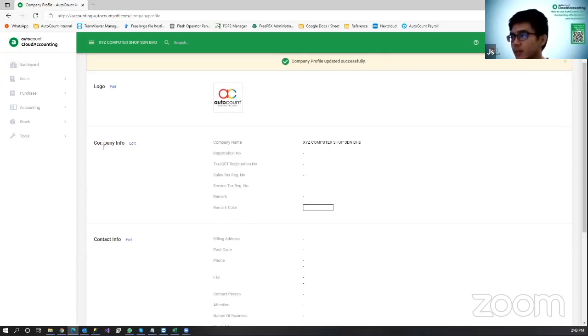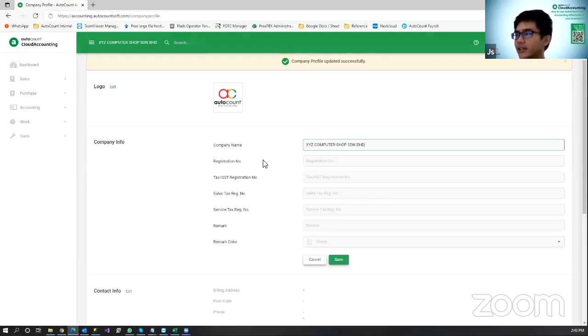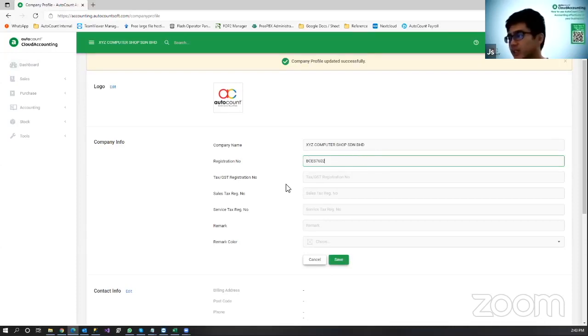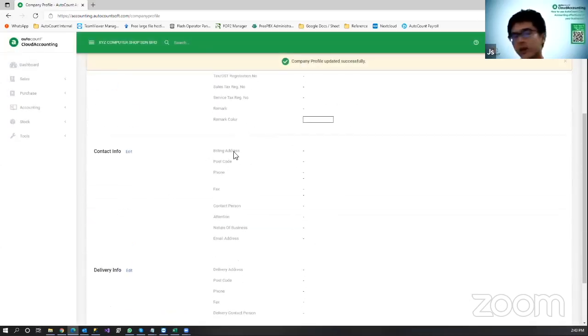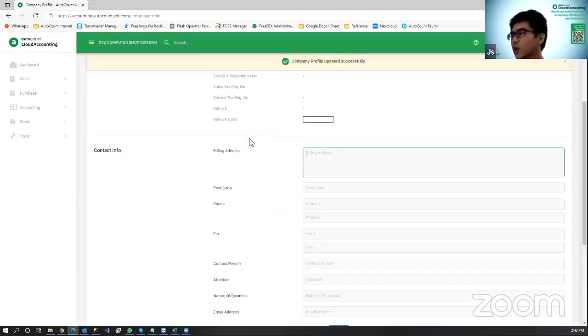Okay, and next, if you want to key in additional information, for example, your registration number or anything, you can just come to this company info and click edit. Okay, for example, this is my company registration number, for example. Okay, so I just key in my company registration number and I just save. Okay, contact info, let's say you have your own contact that you want to key in. Okay, Jalan Api, Taman Air, maybe